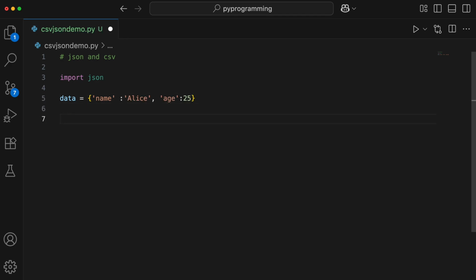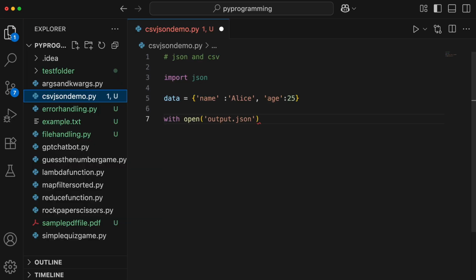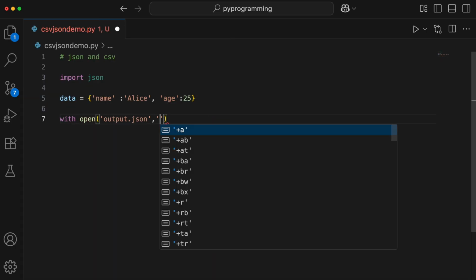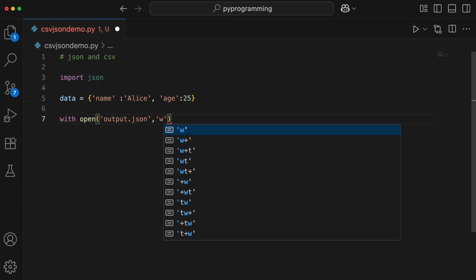Now we'll use the open method with the with keyword, and here we need to give the file path. I'm just giving a random name, output.json, because whatever gets created, I want to keep under my project folder itself. But if you want, you can give any other path as well if you want to save this file anywhere else on your machine. And then we give w for write, as file.